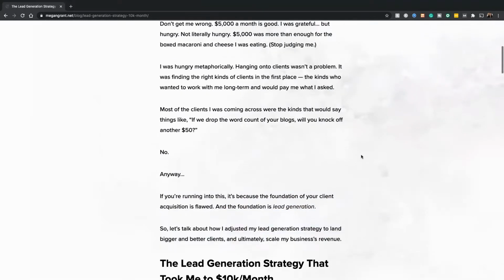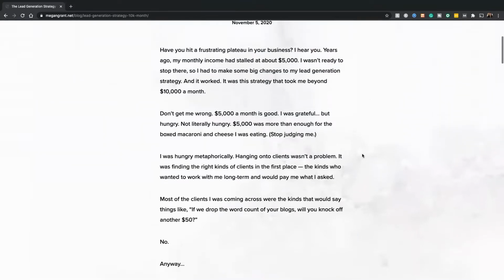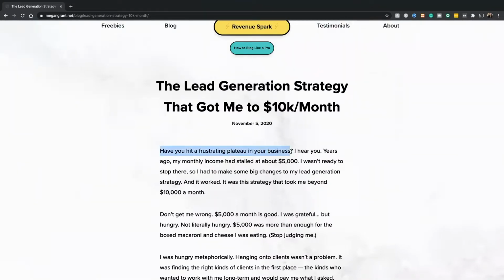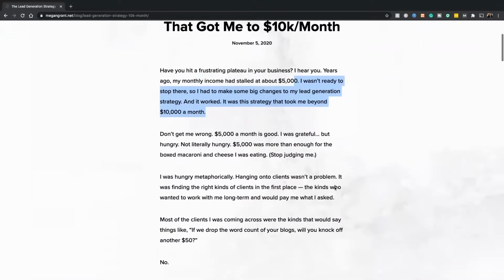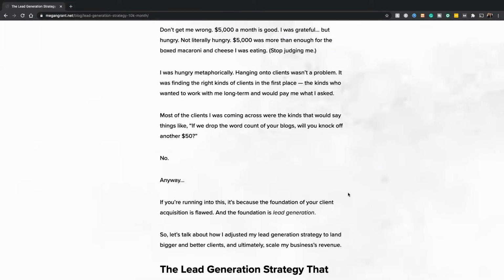So this introduction accomplishes the 2 things that we talked about. It hooks the reader with a question and personal experience, and it clarifies what the rest of the blog is going to be about. That brings us to section 2, which is the body of the blog. This is where you get into the nitty-gritty of the content of the topic. Whatever your readers are here to learn, this is when you give it to them.